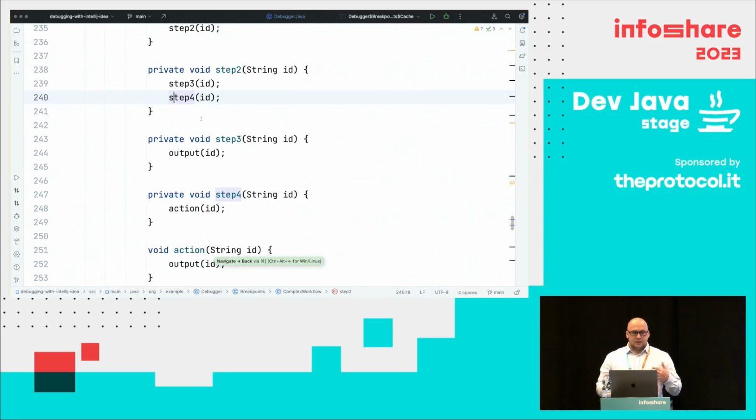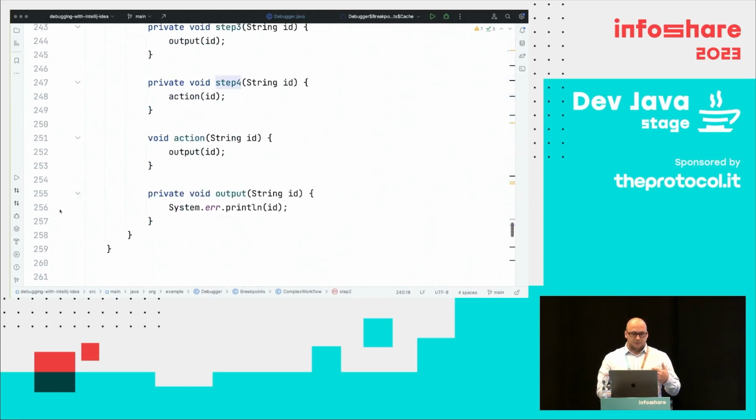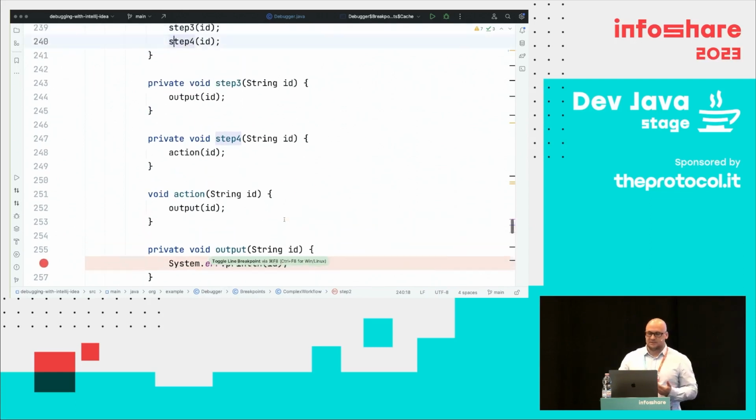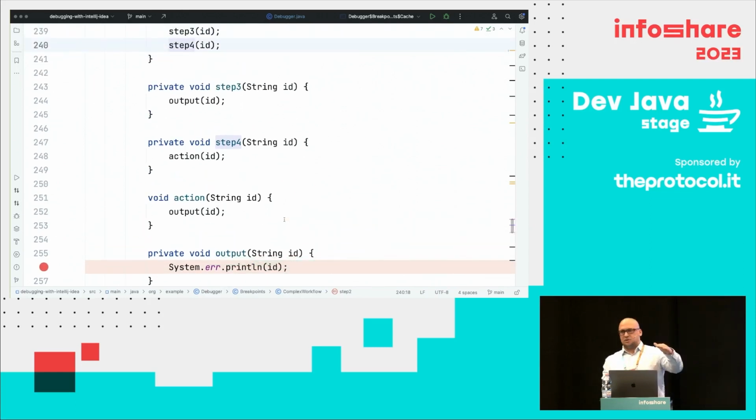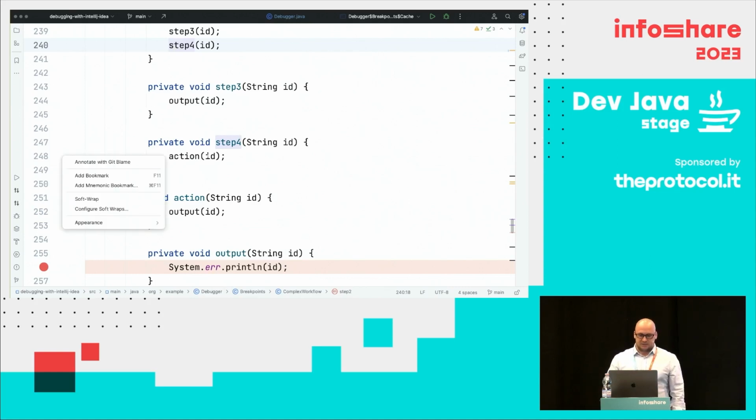How do we stop in the right place that is interesting to us, like in the output method, for instance, but only in a specific branch of the execution? You see, the output method is being invoked from all the branches in my application right now, but I am only interested in the specific branch. What I can do is to set a non-suspending breakpoint